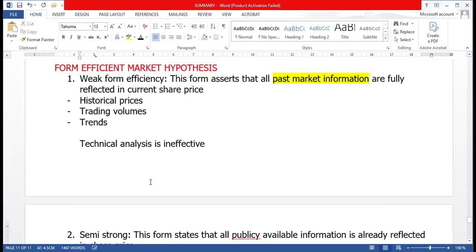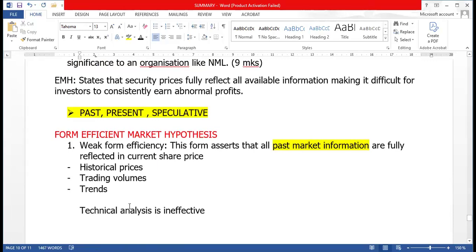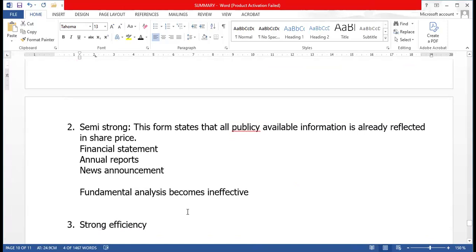So the first one here, we looked at the technical, where you're looking at just the past market information. Here, you don't need to do those analyses, where I look at the financial statements, the reports, or any other information published or announced by the company. All of this will be reflected in the price. So that is